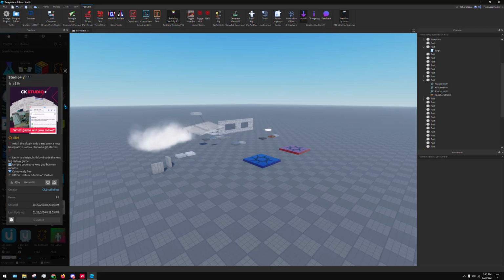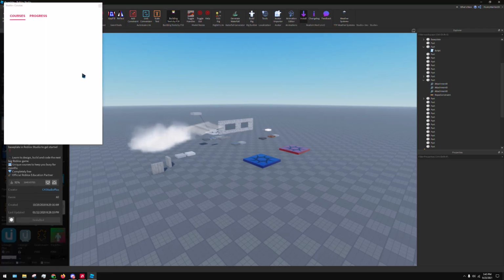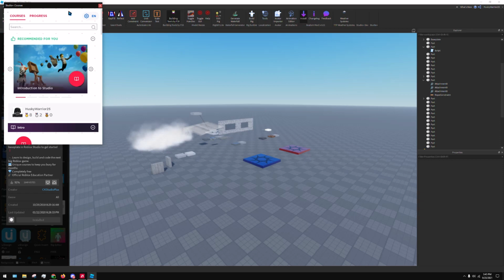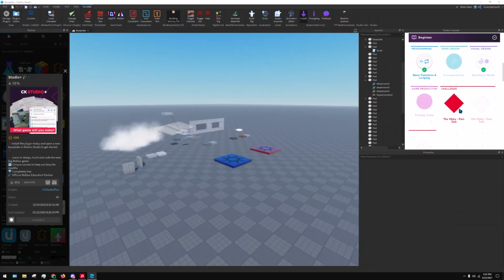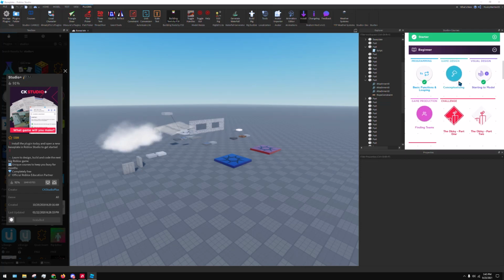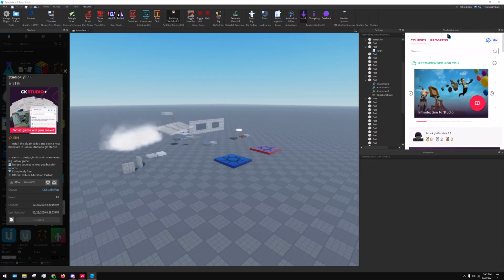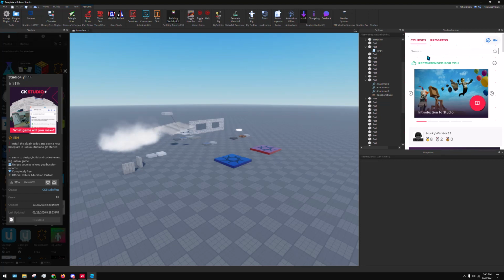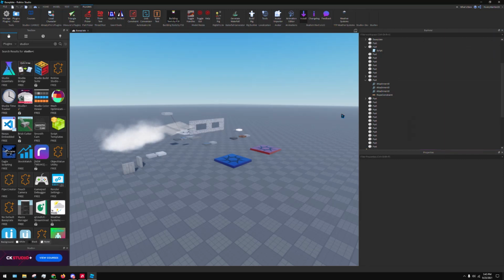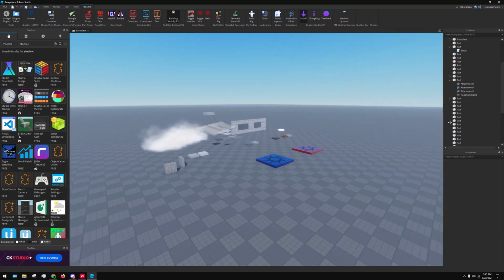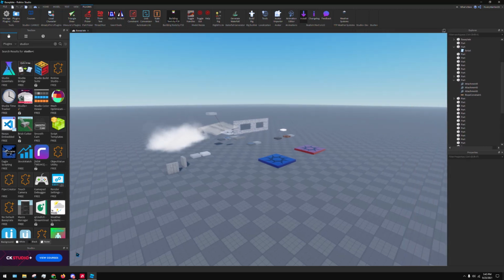It likes to open automatically every time you open Studio, but you can go through this course and learn all these different things through these courses, and it even loads up scenarios in your game and all of that stuff for you to work with. It is a really useful and handy tool to have if you're learning. So if you're wanting to learn stuff,